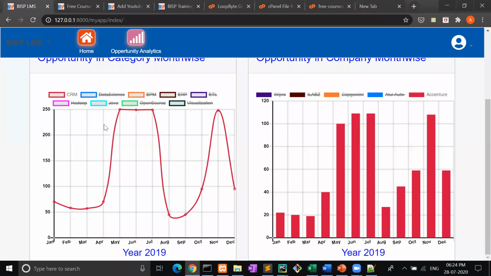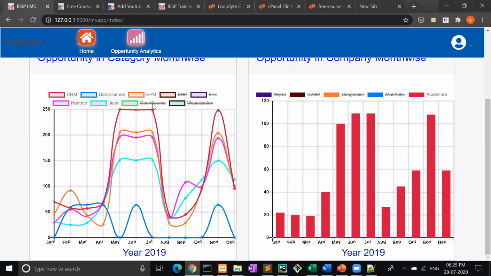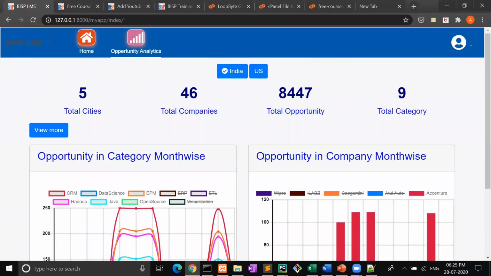Perfect. That means the data is properly calculated, and this is the meaningful data that we have shown here. Now you can reduce it or increase it according to your requirement. Like here I have taken only 5 companies. We can take only 3 companies also. That depends on our requirement, and this calculation is done on the basis of past data.